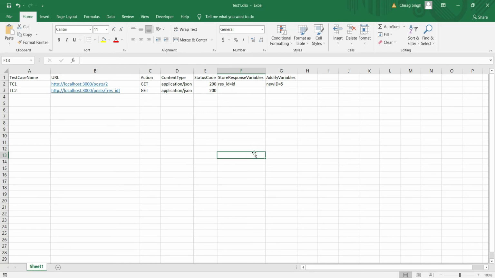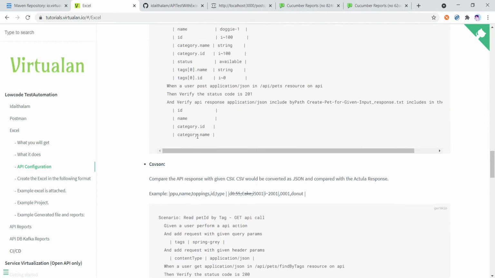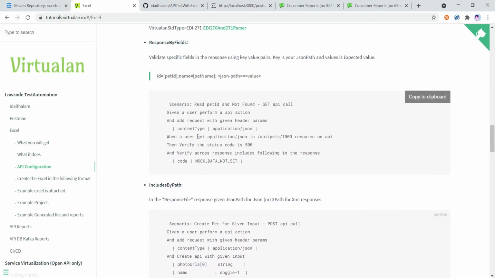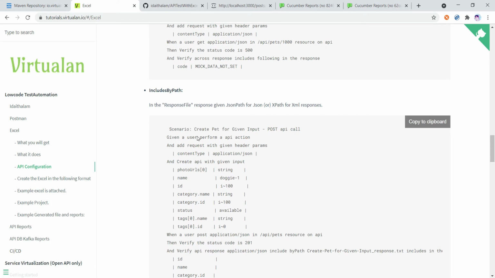Okay, now there are two more important features this framework has. In every API testing we need to validate the response. So they mention 3-4 types of how we can validate our response. I have already created a separate video for data contract testing. You can go and watch that video, and in this video I am going to show you a new way how we can validate our response.